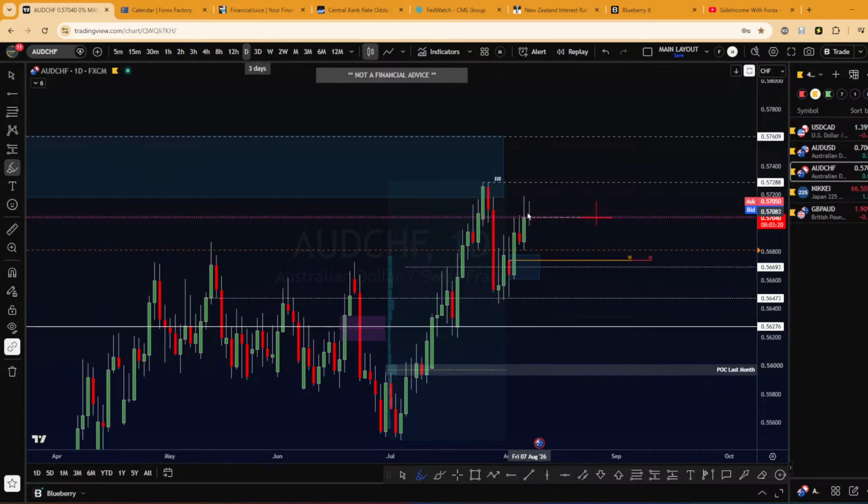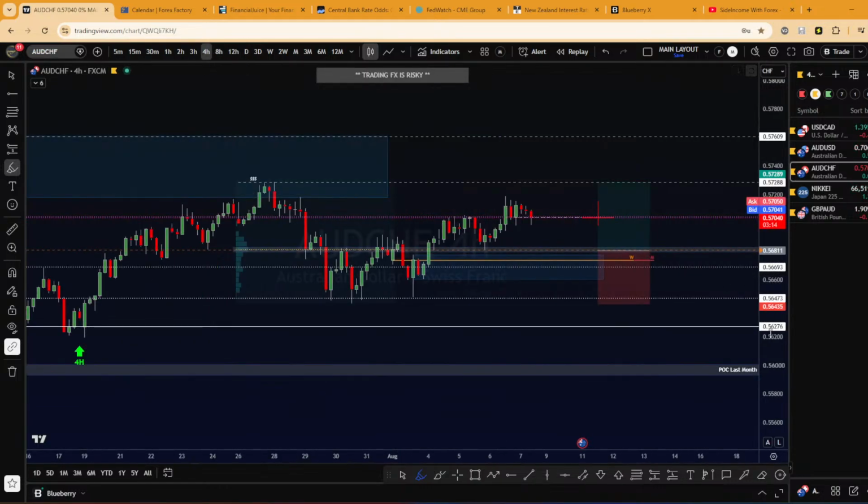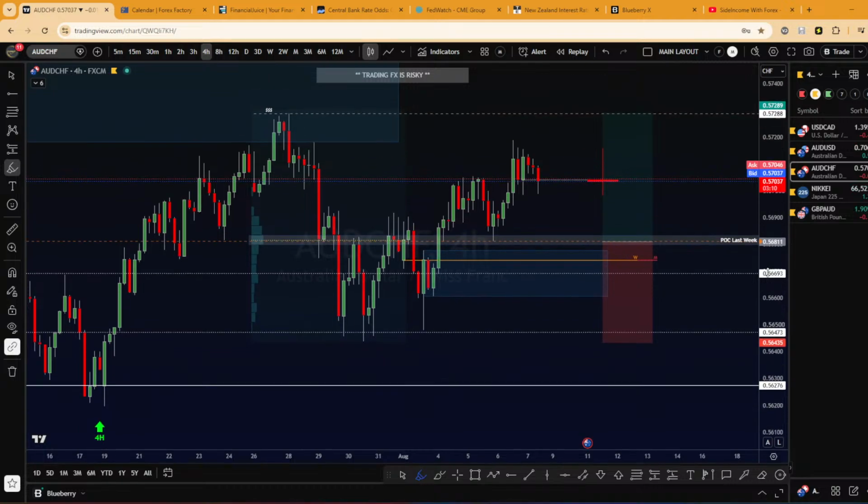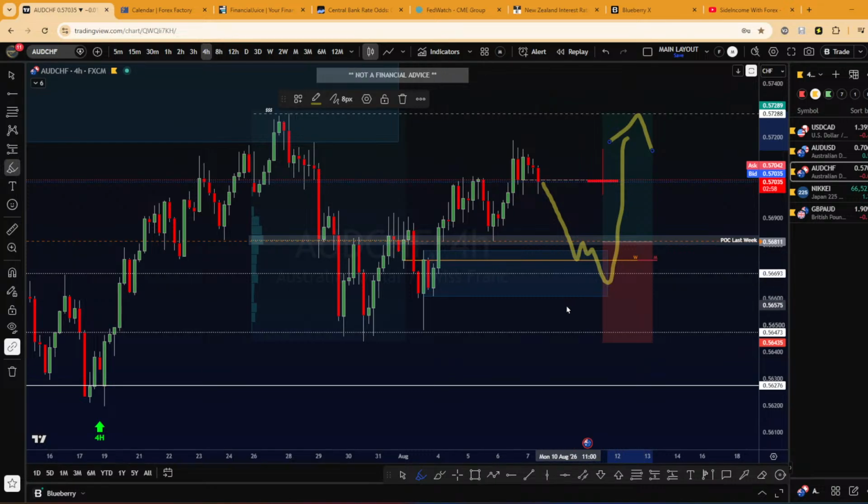Yeah, we are pretty high, so I don't want to buy here. I need some retracement first. That's why I put my alert here. But today, because we are at the end of the week, I don't think we could get an entry here and a movement like that today. Maybe this will be an opportunity for next week.